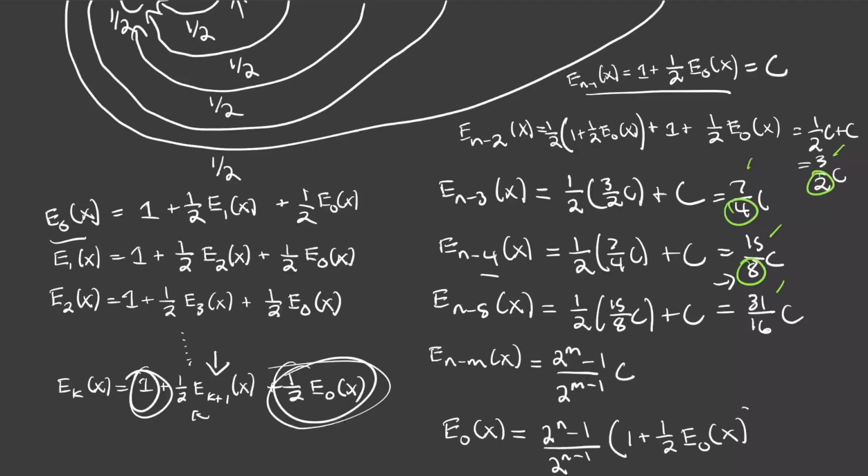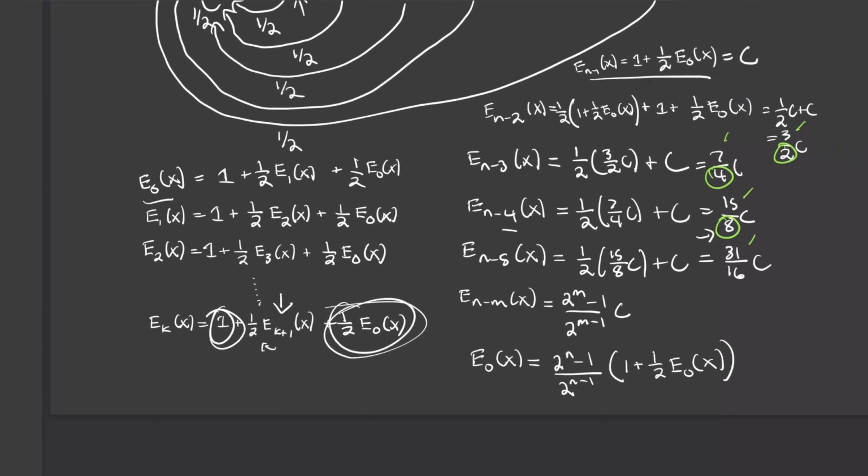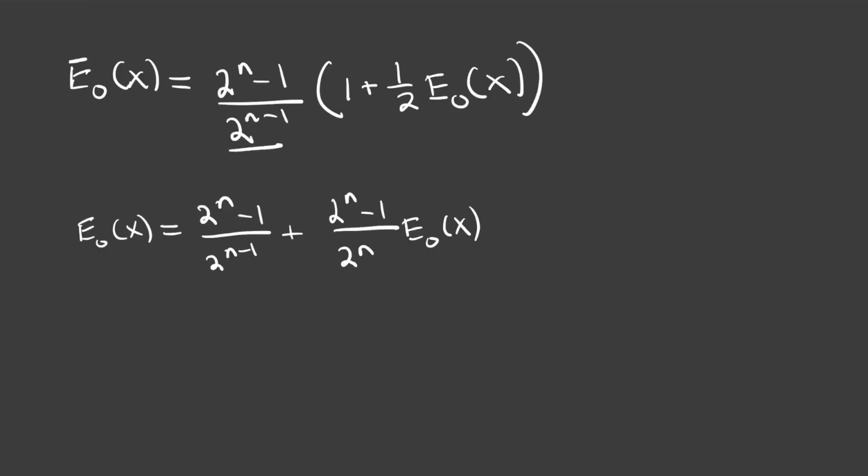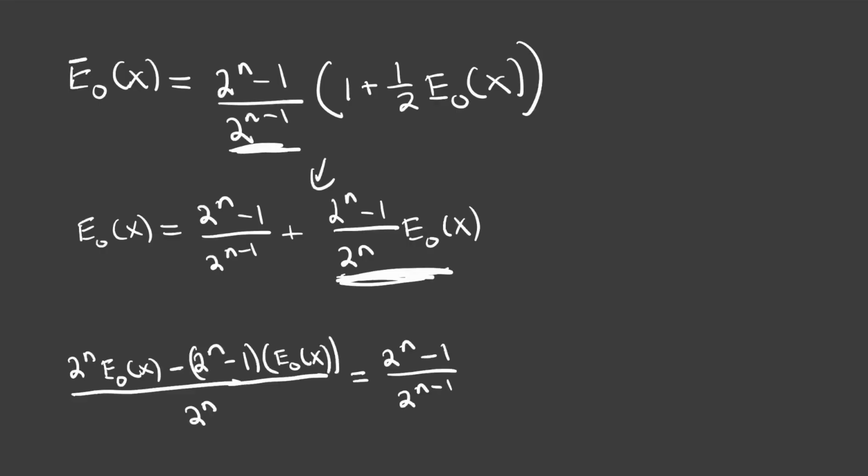And now we can solve for e sub 0 of x. So now this is just a bunch of algebra. So I'm just going to move to a new page because I'm running out of room here. So new page, made some new room. All I did here was just distribute this term inside of here to get to this. So once I subtract this term right here to the other side, all I've done is I've multiplied both sides up here by 2 to the n, and I get this term, so I can use my common denominator of 2 to the power of n, right? And then all I do is I subtract off this term on top from here on the top. Now I can distribute this term inside of here.